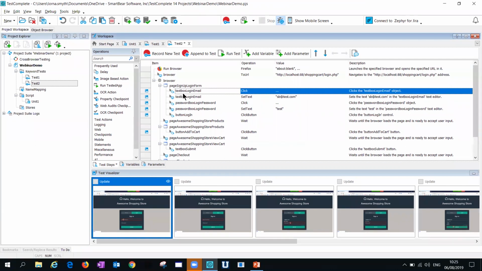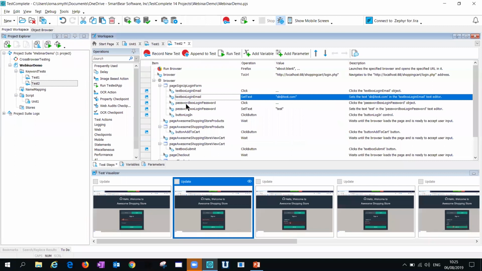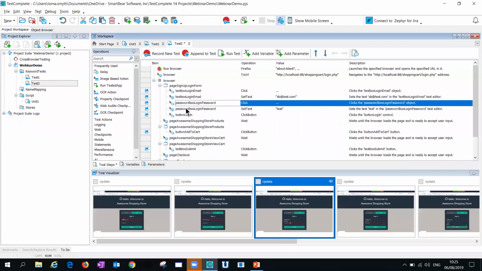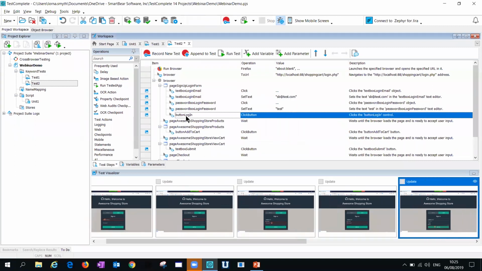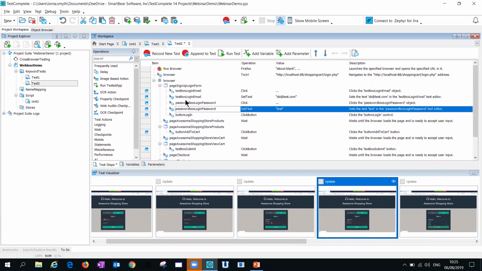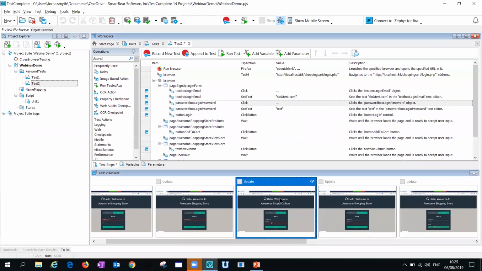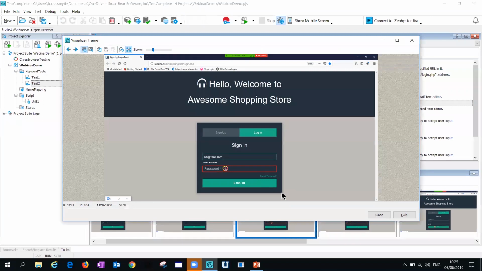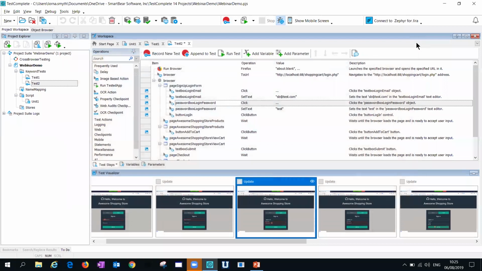So if I go down through the steps, here I clicked on my login, here I entered in this sb@test.com, and then I clicked on the password. And as you can see, as I'm clicking through each step, there's a corresponding screenshot. So this is really useful as it helps a non-technical user understand where you are at in the test. Because as you know, if this was just lines of code, it can be difficult to figure out where you are and what line represents what.